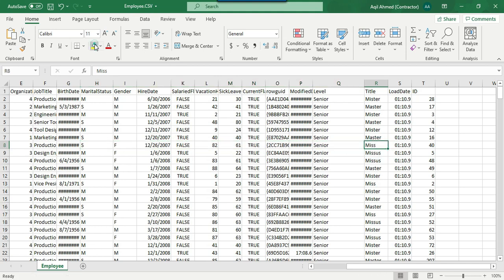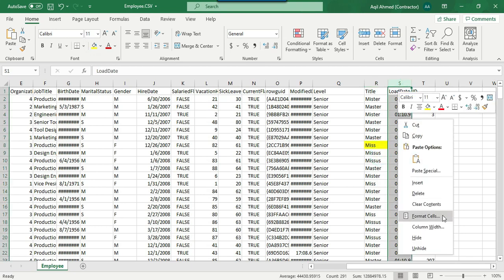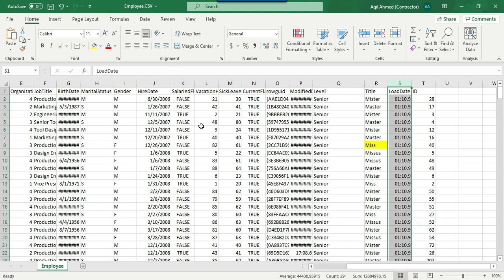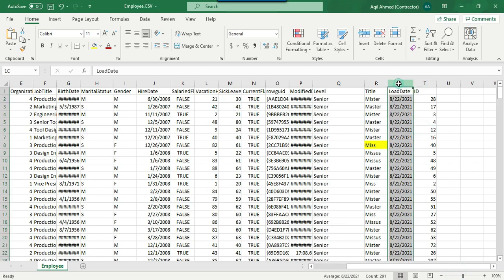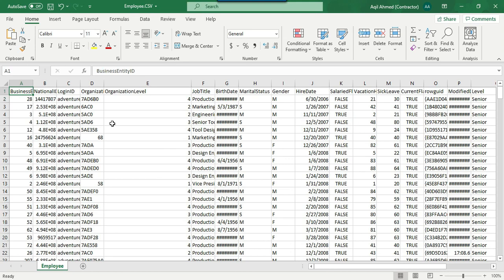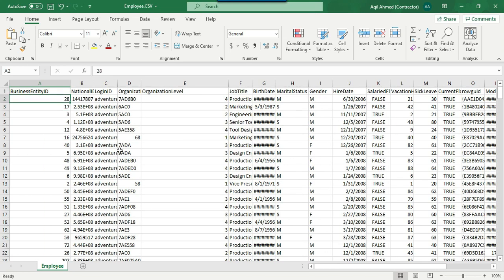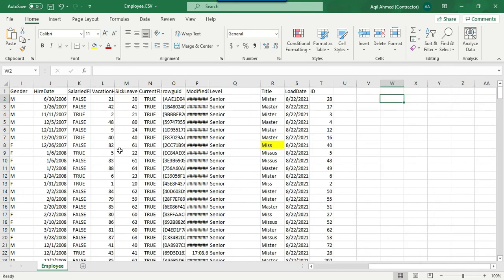So this is also calculated correctly, and the load date is the current date time. So if you go to format cells, if you go to the date, just select any format. So this is today's date time, and then ID is calculated based on the business entity ID. So if you see, the first value is 28 and 17. So similarly the values are here, 28 and 17.